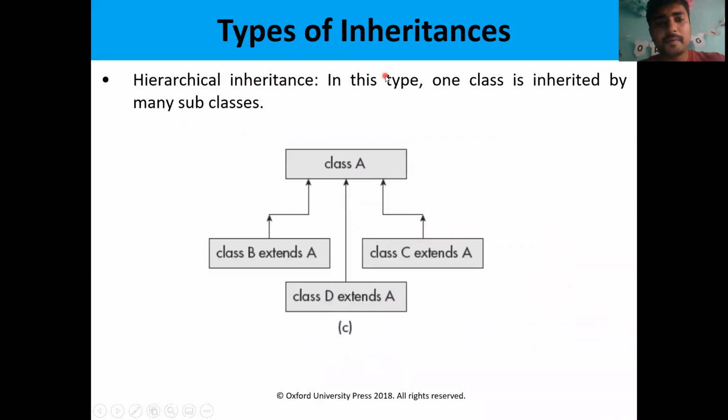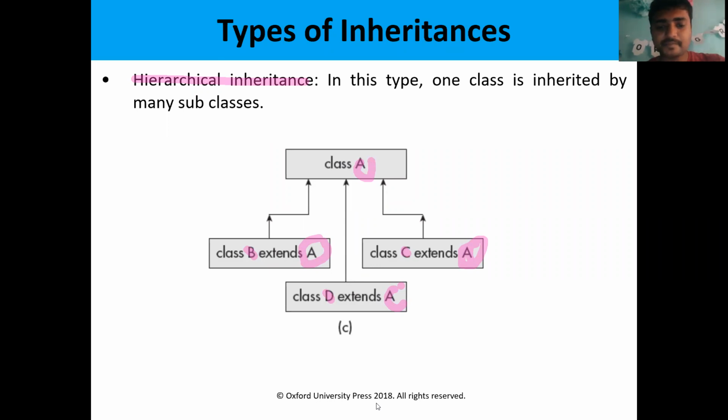So next one, hierarchical inheritance. Java supports hierarchical inheritance. Hierarchical inheritance means there is one superclass. A is the superclass, B is the subclass, D is the subclass, C is the subclass. All these are going to acquire the properties of only A. Here the superclass is A. All these subclasses B, C, D are extending the properties from A. Only a single superclass.